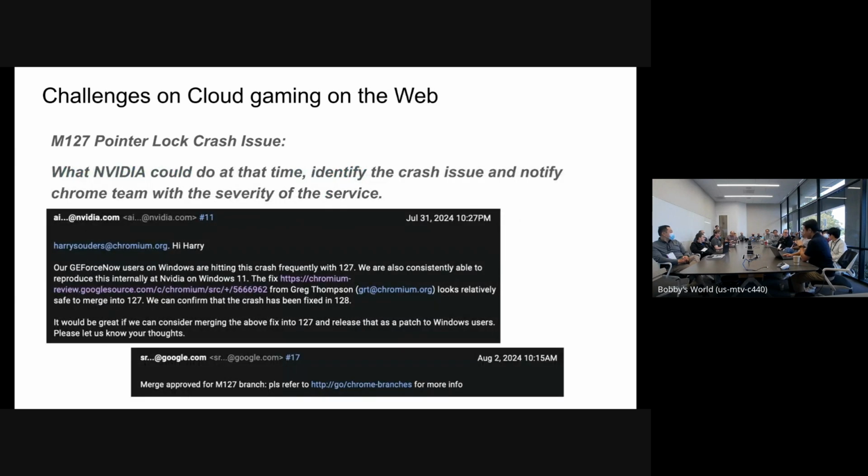That's a good question. This is the one we worked on together with the Chrome team, we reported. There is a lot of crash. Please merge to 127. Just 3 days after we identified it, we reported to the Chrome team and got it merged in 3 days. But still, 3 days. Also, releasing takes 1 or 2 more days. Yep. Totally 5 days of crash.